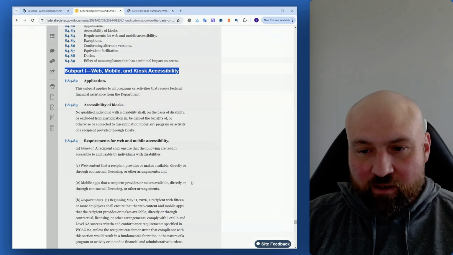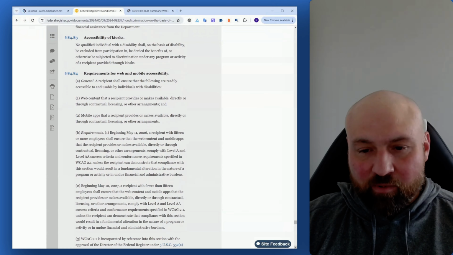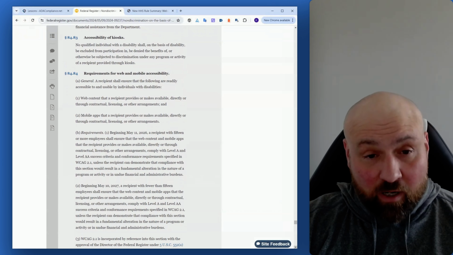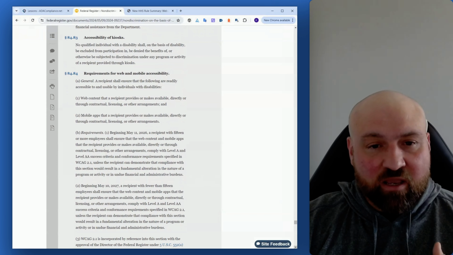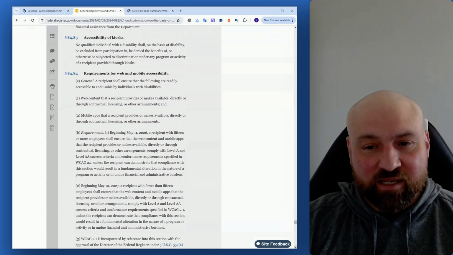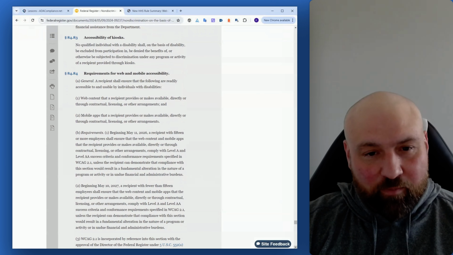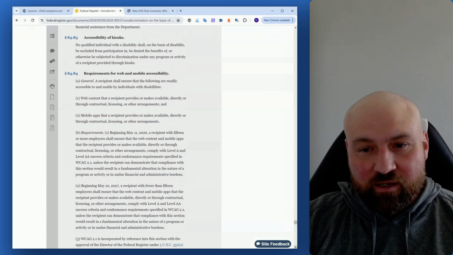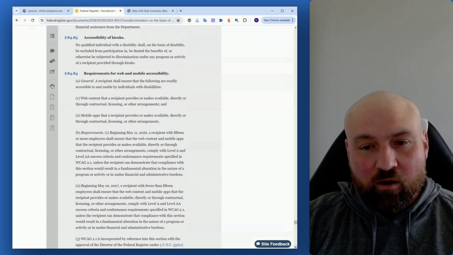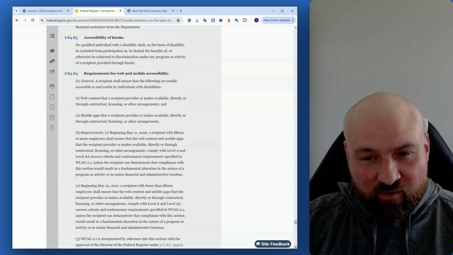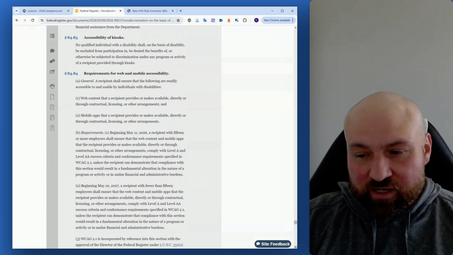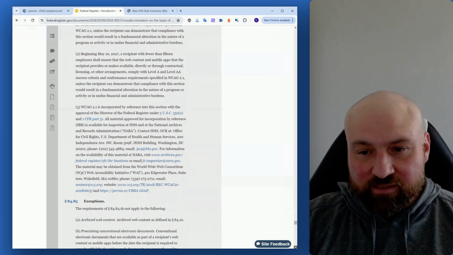But the general requirements for web and mobile accessibility are that websites, web content, which includes websites, everything. When you think of web content, just think of everything that can be accessed by a web browser. So all web content, mobile apps, including web content actually includes documents as well. Everything, all of that needs to be WCAG 2.1 AA conformant. I've already listed off the deadlines, which are next.